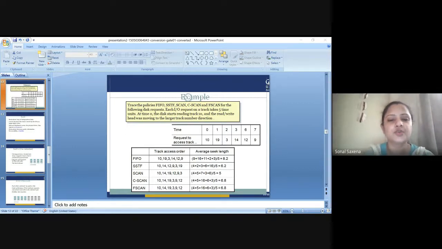So let us just quickly recap what all we have learned today. In FCFS, we process the requests in the order they arrive without regard to the current position of the heads. So it has got a horrible performance. Then we have shortest seek time first algorithm, where it moves the heads the minimum amount it can to satisfy any pending request. But this suffers from starvation.